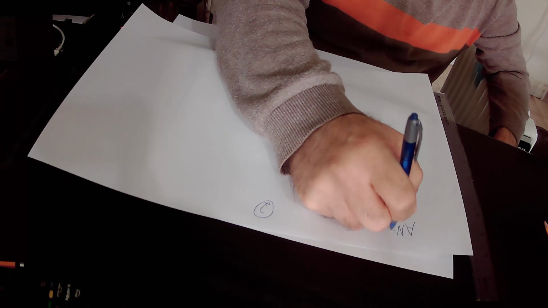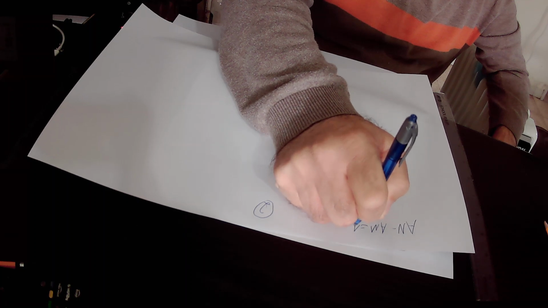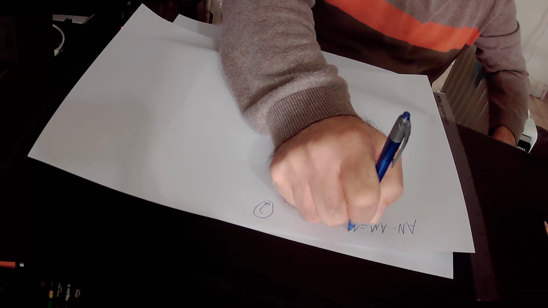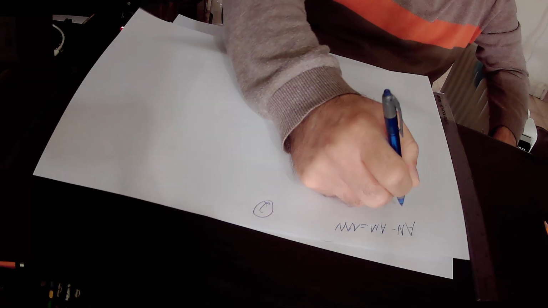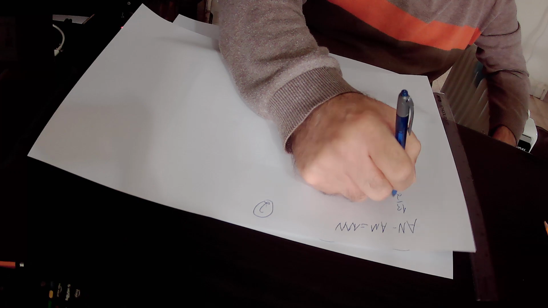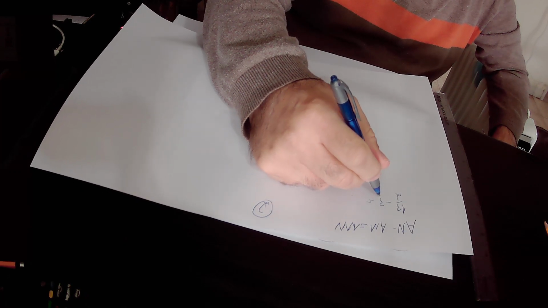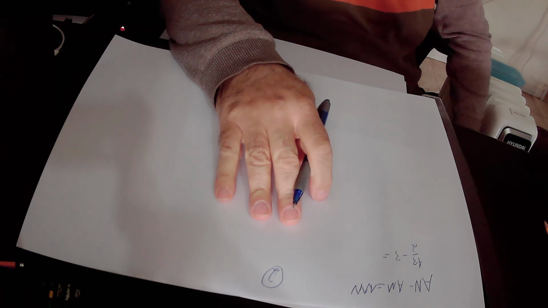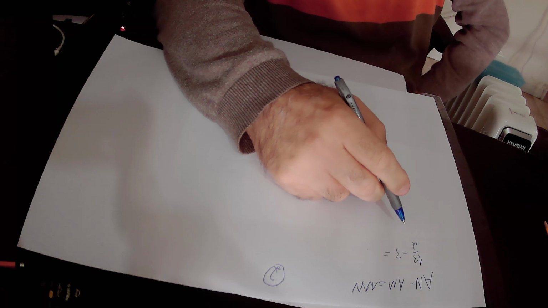AN minus AM equals MN. AN is 13 over 2, AM is 3. Here we multiply 3 by 2, and then we divide it by 2 in order to overcome a factor with 13 over 2, and we get that